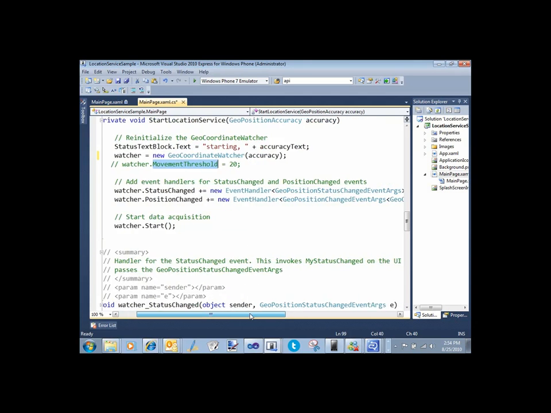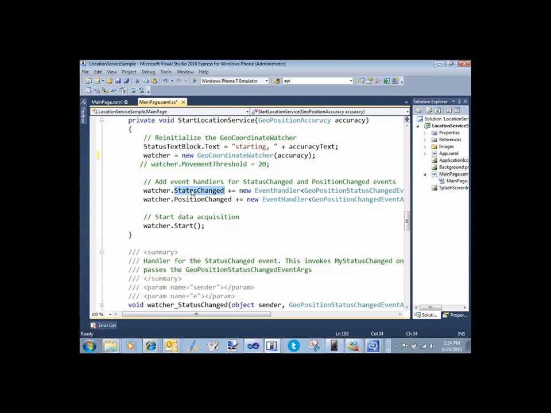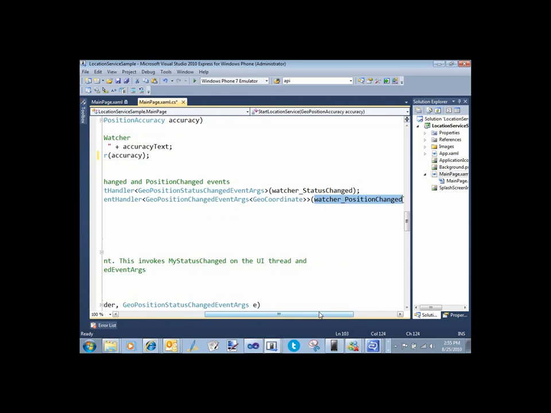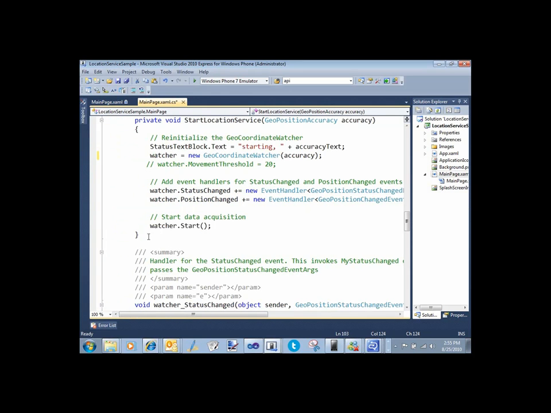Beyond that, you have to handle two events, the status changed and the position changed. So when the status changed event fires, this method is going to handle it. When position changed event fires, this method's going to handle it. It's as simple as that. And then we go